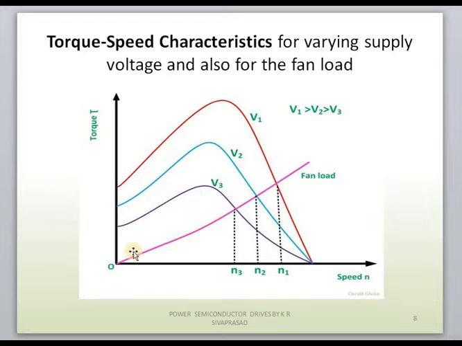The fan load is common. For the same fan load, we are using 3 different voltages. We can clearly observe that the torque value is different and the operating point is also different for the 3 voltages. If you consider V1, the operating point is higher here, and if you consider V2, the operating point will decrease, and the maximum torque is also decreased compared to the previous one. For V3, the speed N3 also varies, with the operating point shifted to the third point, and maximum torque is also decreased. We are getting 3 different speed controls here.